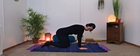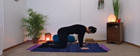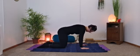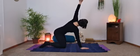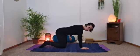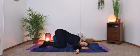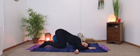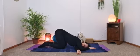So we'll start in the tabletop position, so you can open your knees hip width distance apart. Your hands are shoulder width apart, and here you're gonna lengthen your right arm all the way up and bring it underneath the left arm. So here your right ear goes onto the floor. Your hips are nice and high in here,